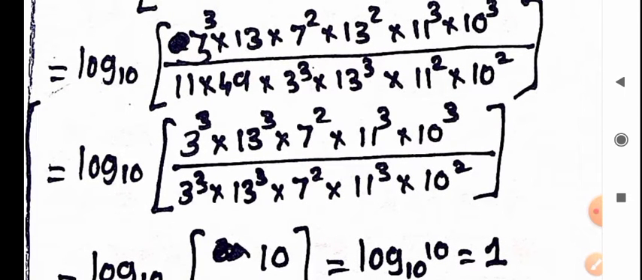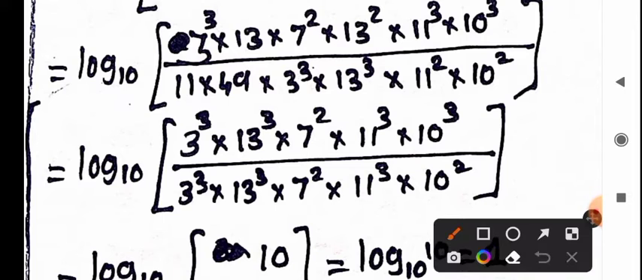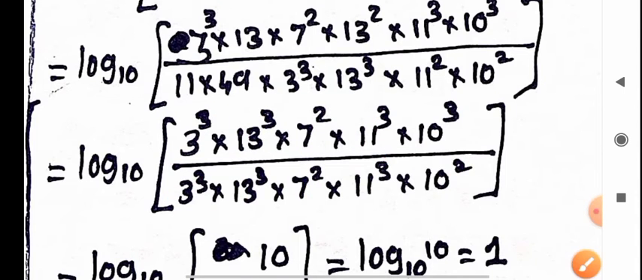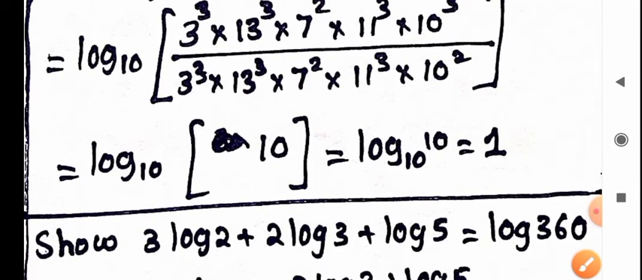Now 11 cube will get cancelled, 7 this will get cancelled, and finally we will get base 10 to 10, so answer is 1. Now next example,